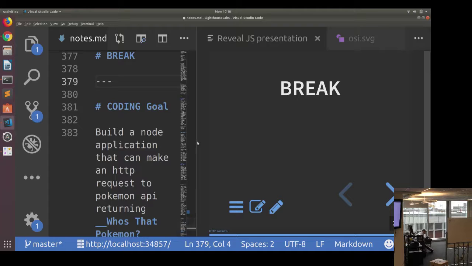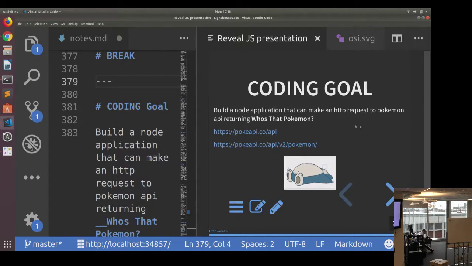So the next part we're going to be working through an example. I'm going to be coding up an example here. Feel free to interrupt me at all times. I'm going to be trying to clearly say what I'm doing, but if it's ever not clear what's happening, just let me know. Our goal is to build a Node application that can make an HTTP request to a Pokemon API returning who's that Pokemon. So this API,